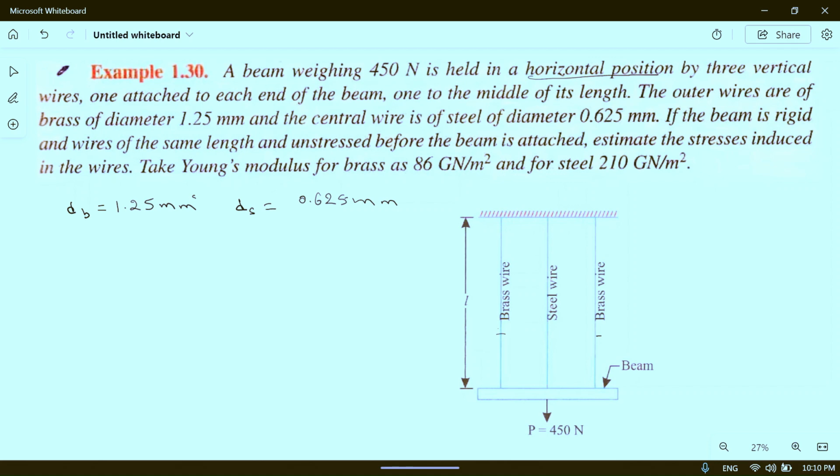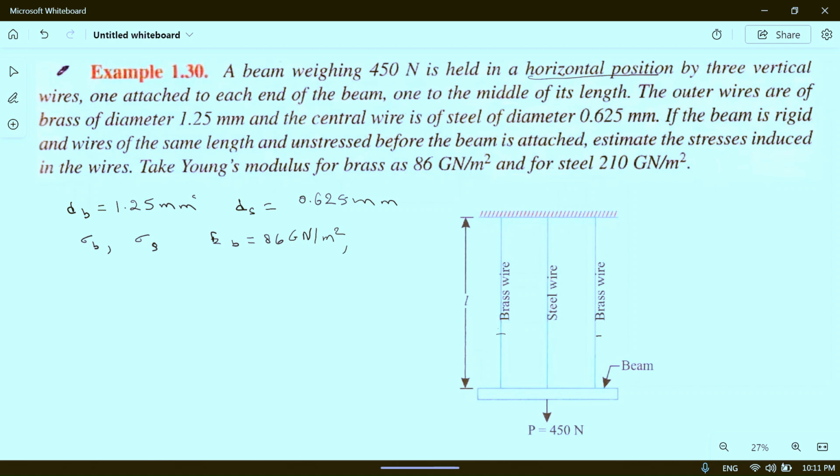So we have to estimate the stress induced in the wires, sigma brass and sigma steel. The E is given, Young's modulus of brass is 86 giganewton per meter square,